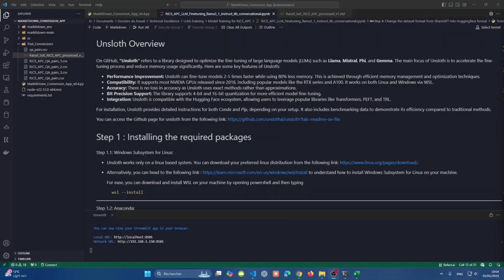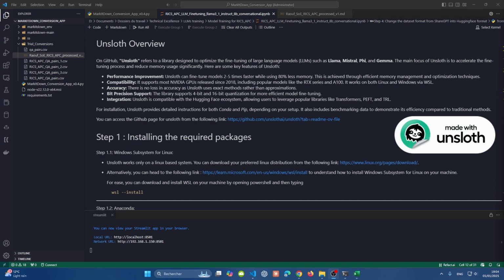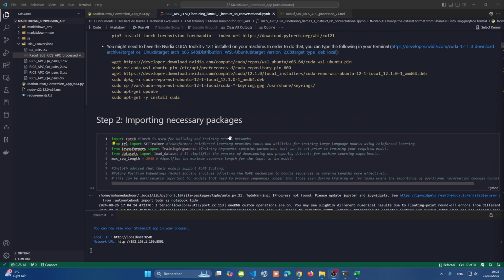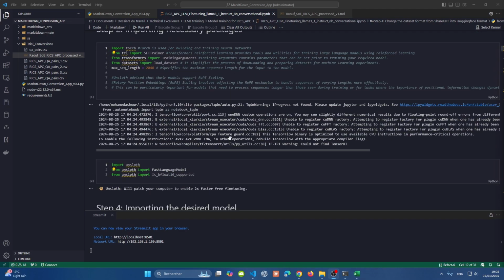The reason behind using CSV files is that they're super easy to deal with when it comes to fine-tuning large language models using Unsloth. I've prepared another video of how to use Unsloth to fine-tune large language models using CSV files and using the conversational chat templates provided by Unsloth. So I'm not going to be discussing the full context of the fine-tuning in this video. However, I'm going to be focusing on a very specific part, which is changing one format of files to another,